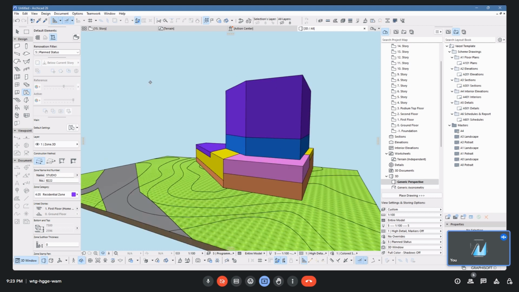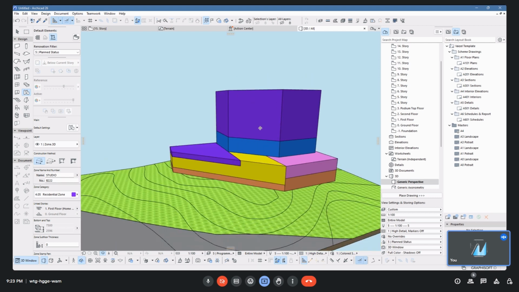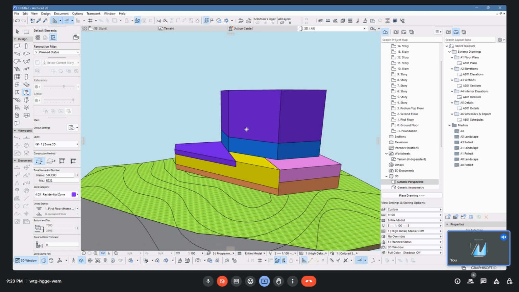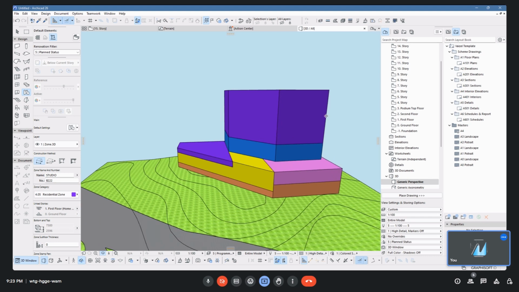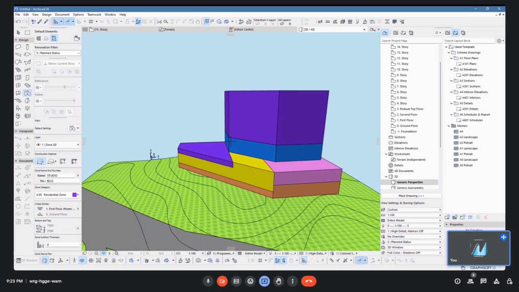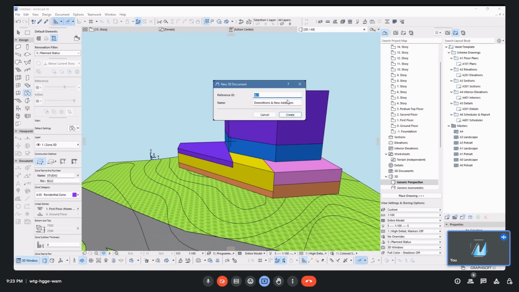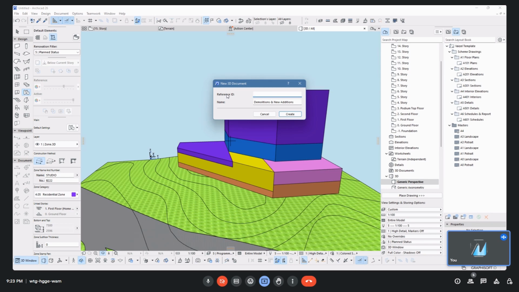The way to visualize this is by creating what I call 3D documents. So with this view as it is right now, I'm going to right click and then new document from 3D. And then I'm going to call it